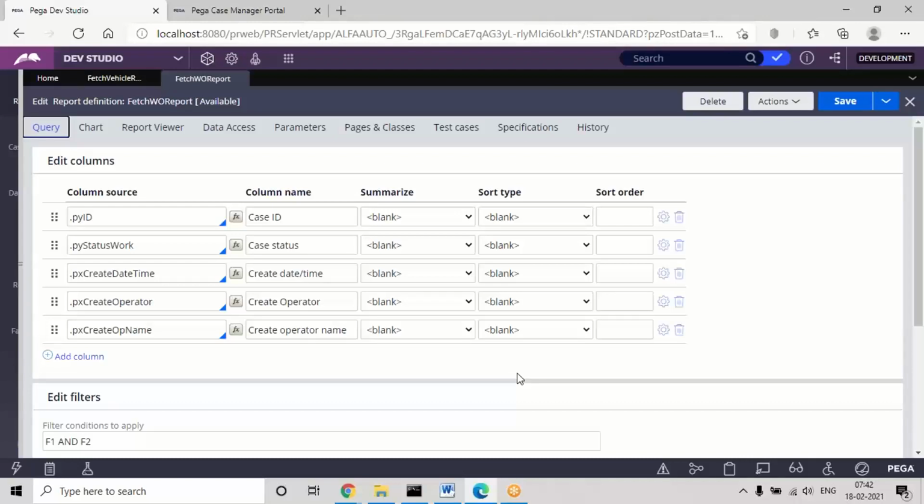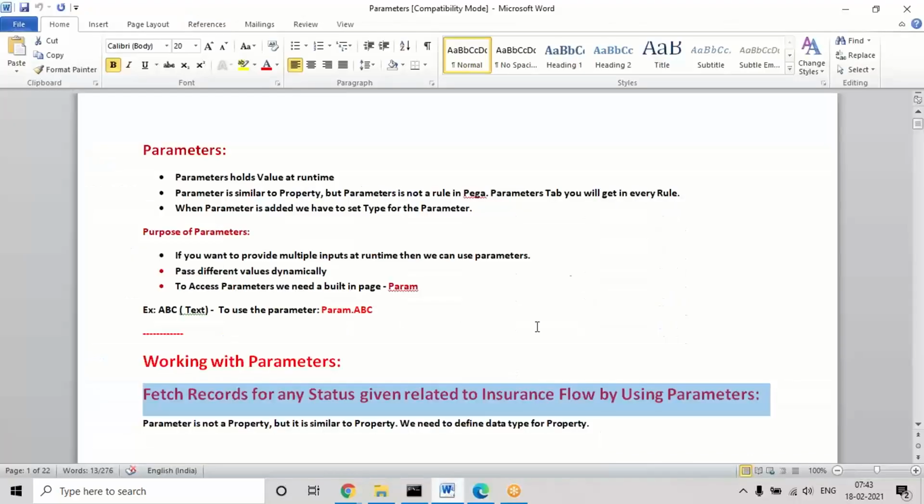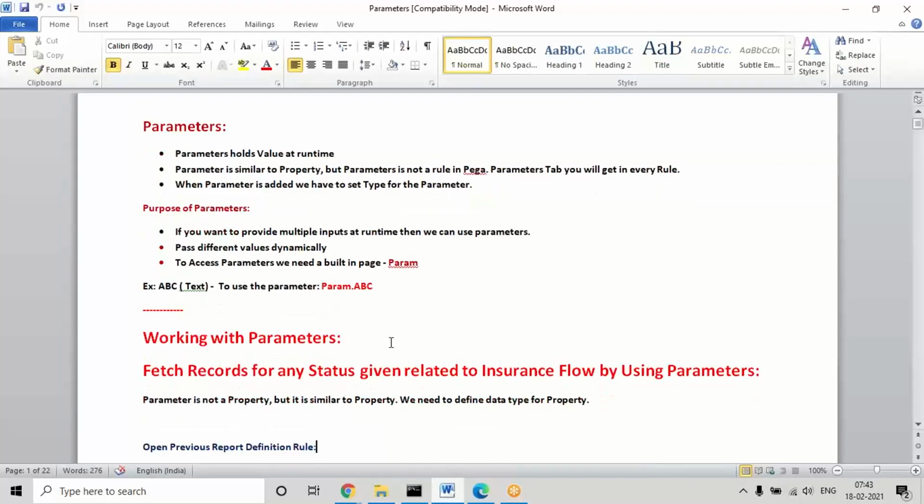Regarding parameters, more examples will also be worked on in the next classes. So once again I'll repeat. Today we discussed three concepts: case status, and how to apply filter conditions without using parameters and using parameters. If you use parameters, the advantage is that we can provide inputs dynamically at runtime, pass different values, or choose multiple values.